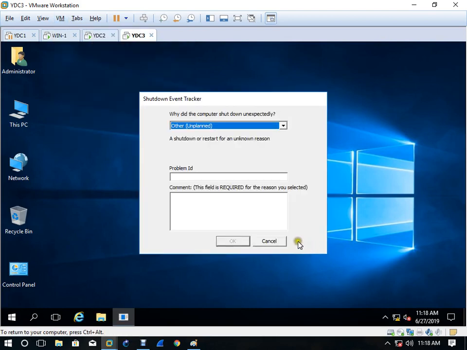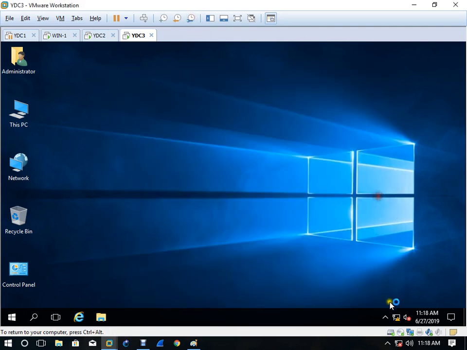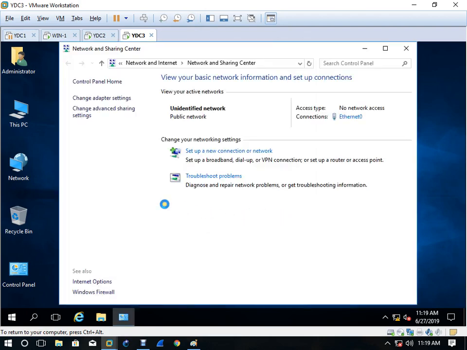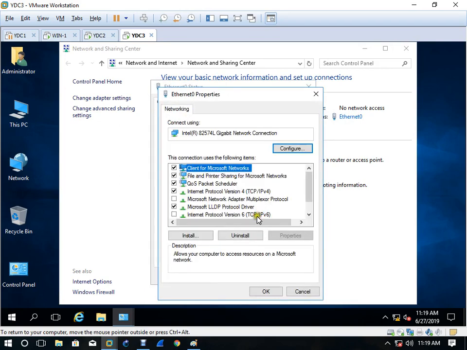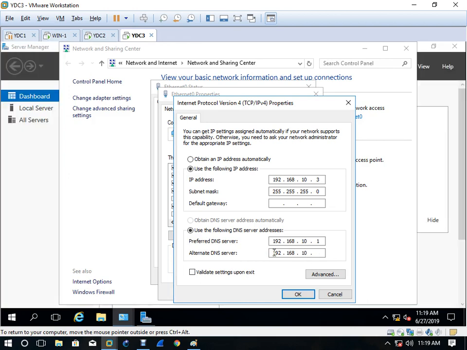So what is the IP address of this machine? 10.3, just take it as an example, no problem. The preferred DNS is this, and the alternate DNS is 10.2, right?